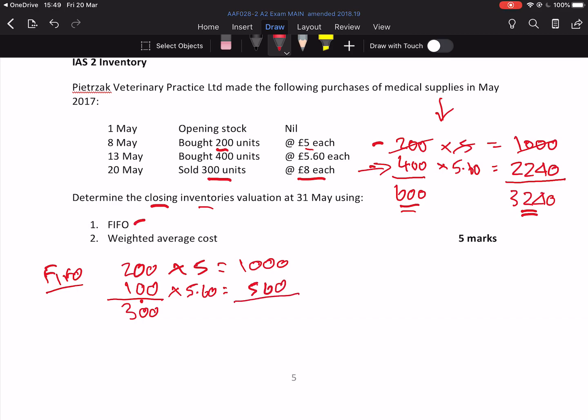So therefore the actual total value of the issue, so this is called the issue, so the stock going out, is 1,560. So that was the cost of the issue. The important thing so far as we're concerned is the closing stock figure. So therefore the closing inventory